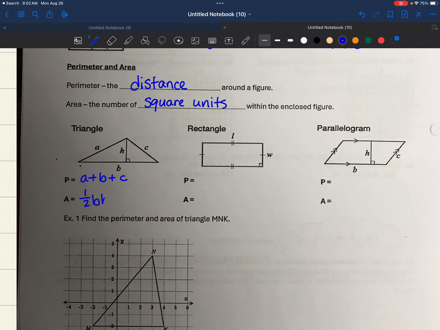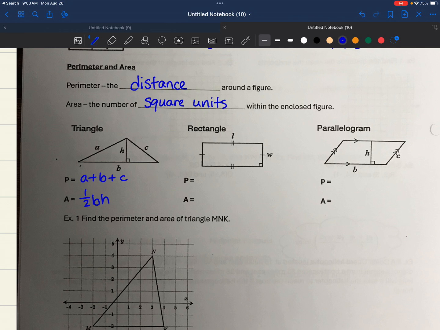Area of a triangle is half the base times the height. Okay? So now, when we look at a triangle, how do we know what is the base